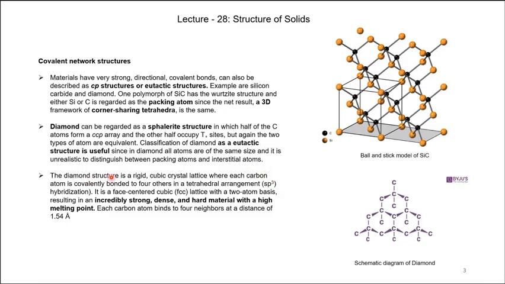You know very well that diamond has a very rigid structure, a cubic crystal lattice, where each carbon atom is bonded covalently. It is bonded with sp3 hybridization of carbon, and it is a face-centered cubic lattice with a two-atom basis, resulting in an incredibly strong, dense, and hard material with a high melting point. The carbon-carbon distance is 1.54 angstrom. Now we go for some key features of